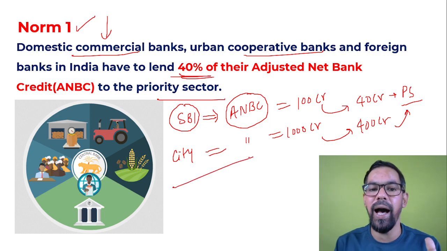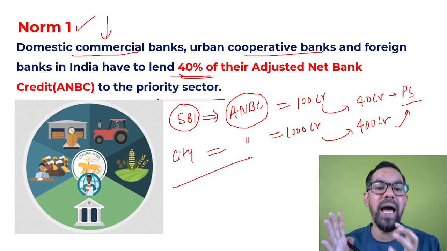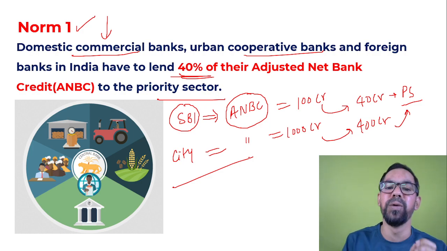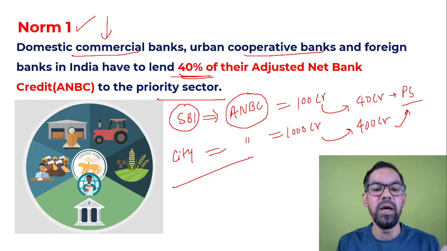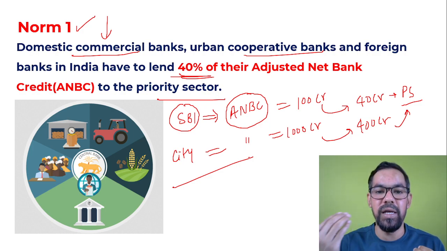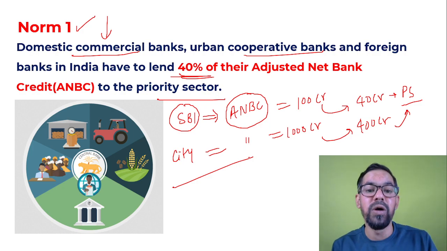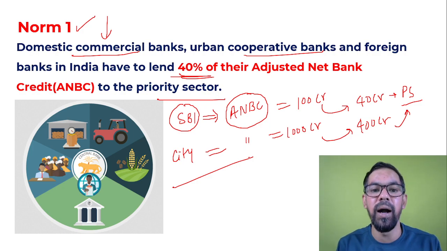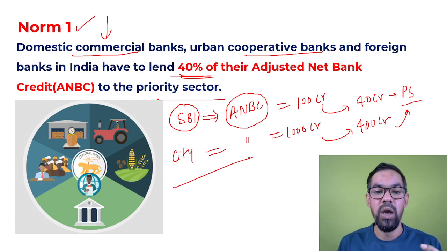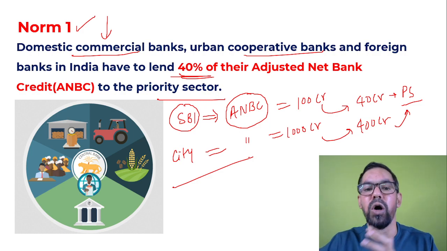So this way RBI mandates that if you are running a bank in India, you have to fulfill this particular guideline. If any bank misses its target during quarterly reporting, RBI will raise questions. They also have other options like PSL certificates, or they can deposit the remaining amount with NABARD under the RIDF funds, or deposit money with SIDBI or in Mudra loan schemes. They have different provisions, so we will talk about these as well.